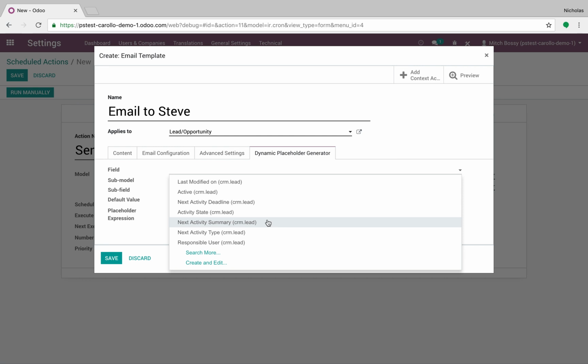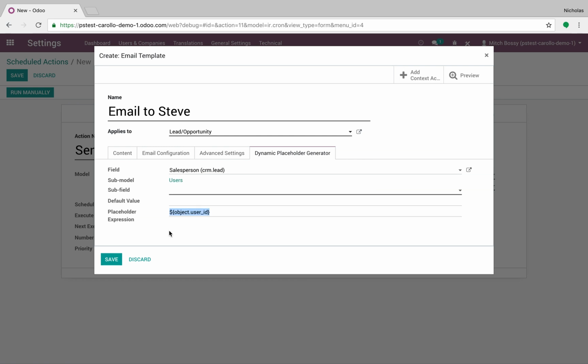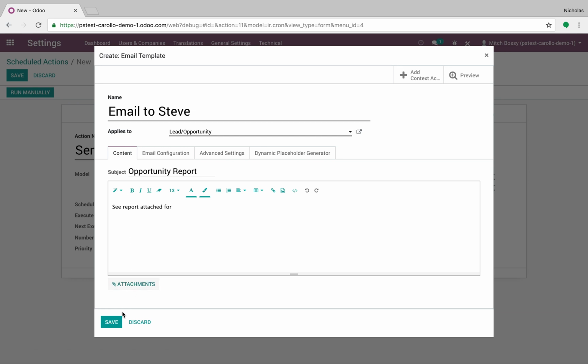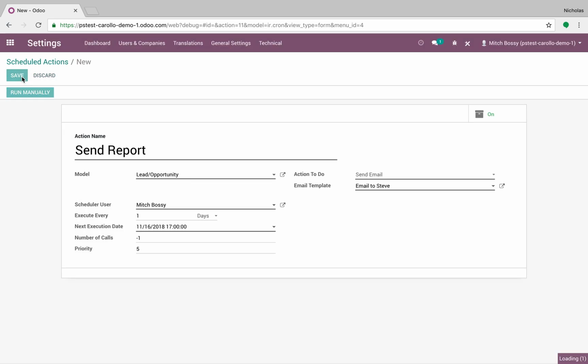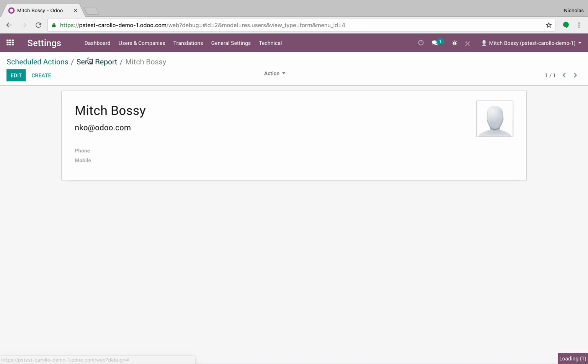And then I could even have any field here. You can pull any field you want, such as who's the responsible user, who's the salesperson, and it would actually give you this field, but we're not going to use that right now. We're just going to run with that. Save it. And if I run it manually, depending on what my email is,